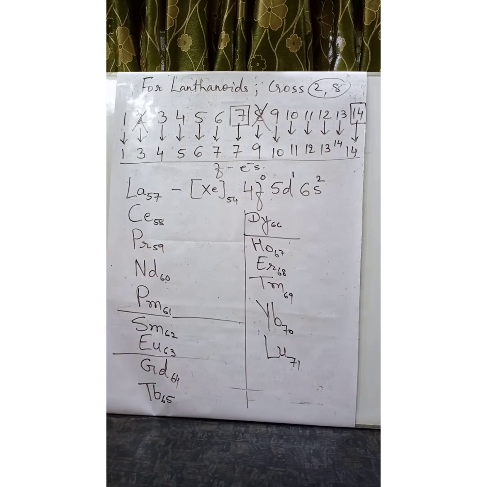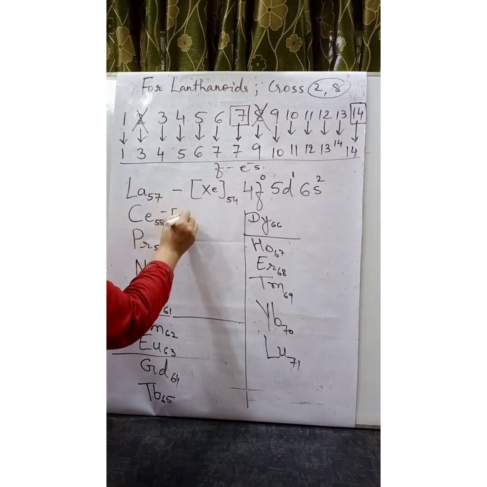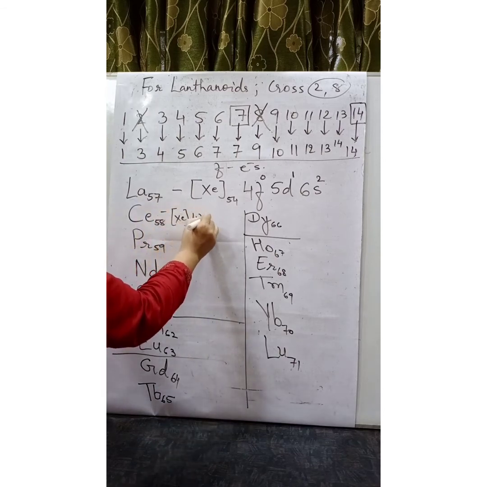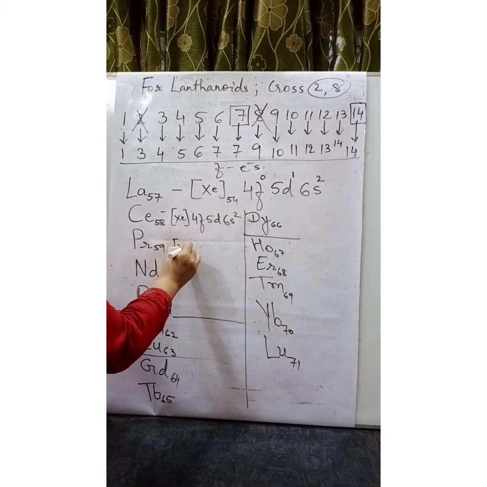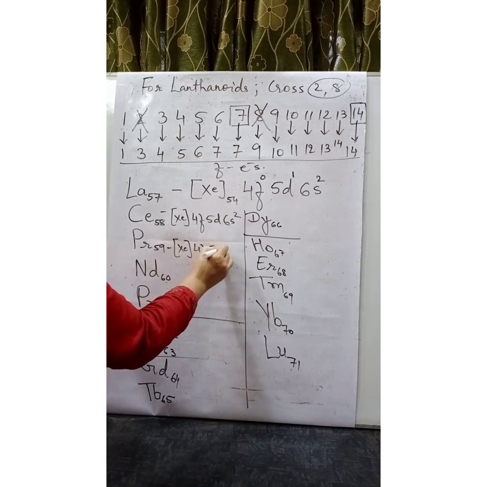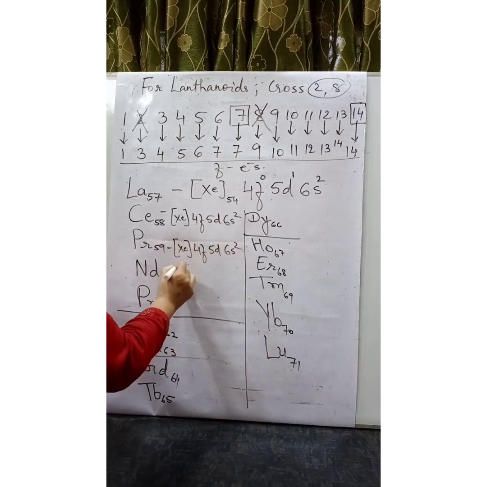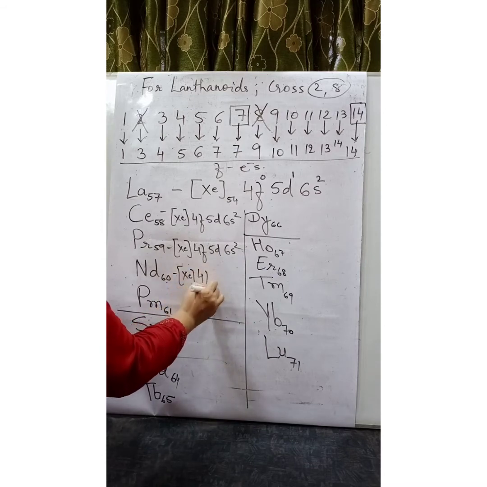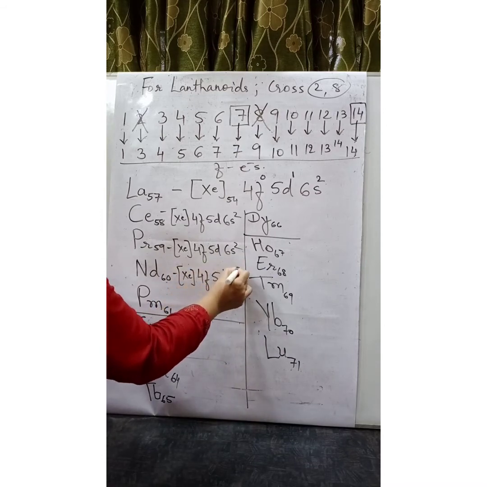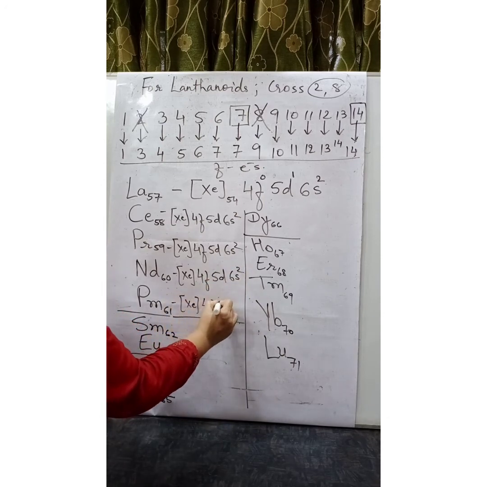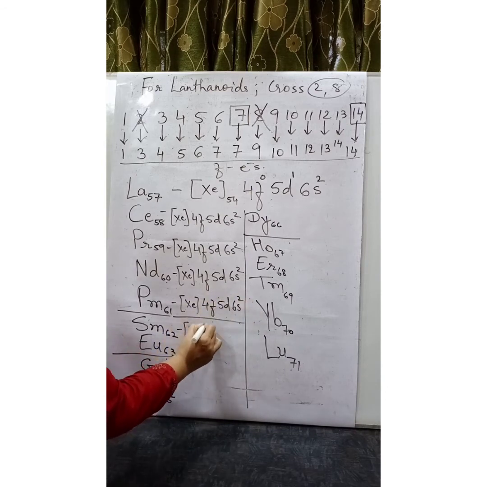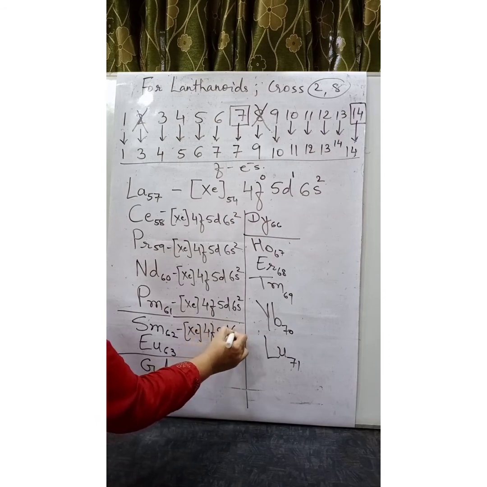Now let us put down the electronic configuration. So already xenon is there in the bracket, and 4f, 5d, 6s is filled. So I am just putting down this general electronic configuration everywhere, so that it is easy for me to work out. 4f, 5d, 6s2. You know s electrons are first filled, so that is why s is always completely filled. Xe, 4f, 5d, 6s2.